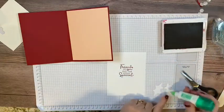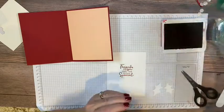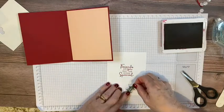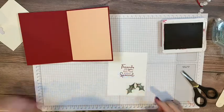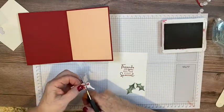Back to our multi-purpose glue. Again, though, you can see that these are fun cards that are beautiful, but don't take gobs of materials or lots of time. You could really whip out a bunch of these cards. And I'm going to do the same thing. I'm going to cut away the extra